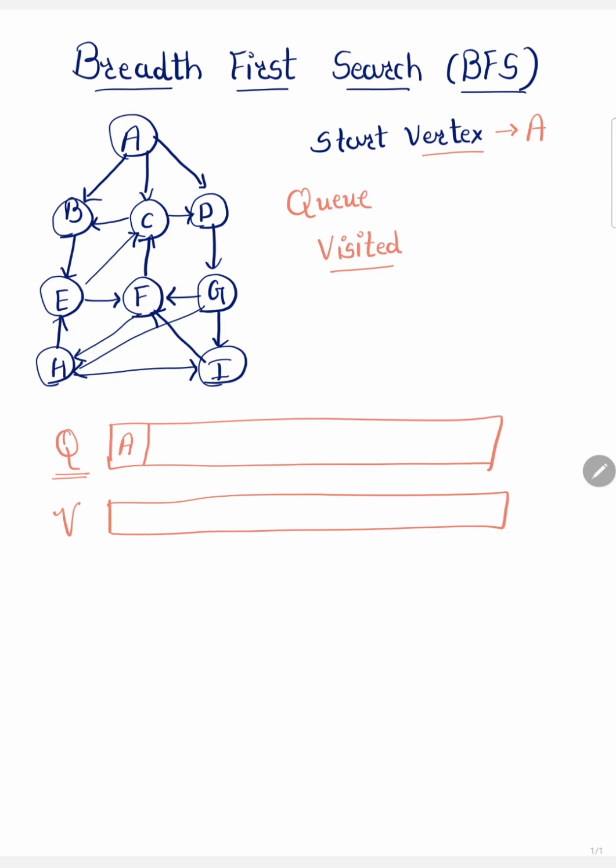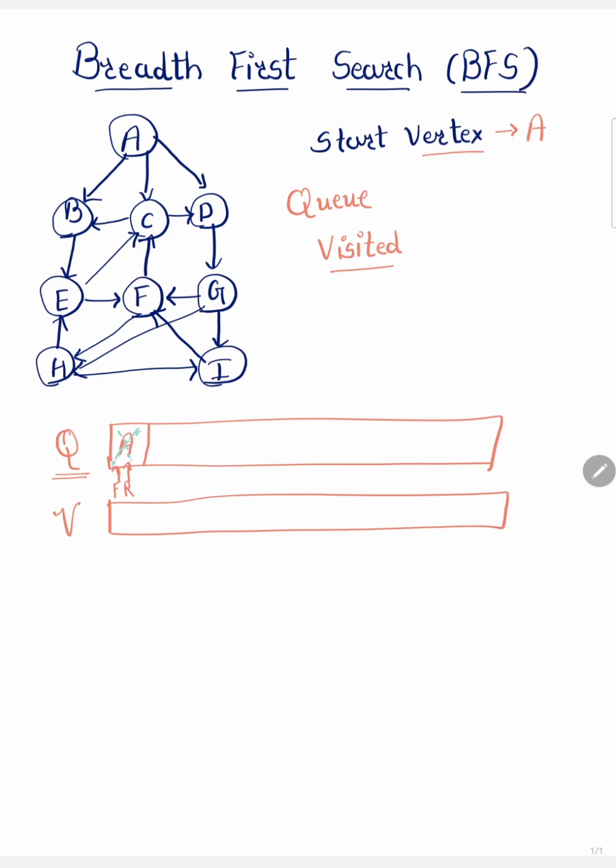As soon as I enqueue A, my front is here as well as my rear is here. Next I need to dequeue this A, but